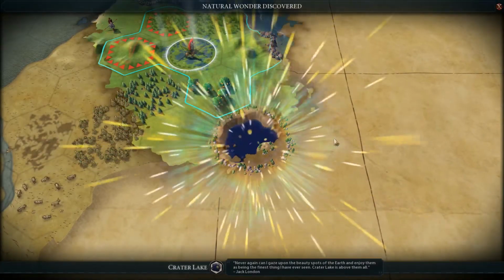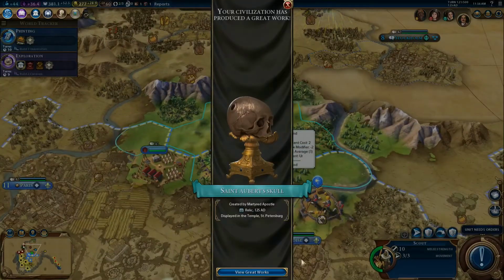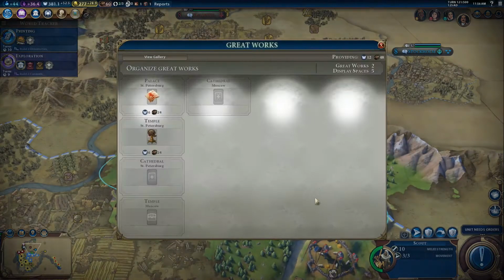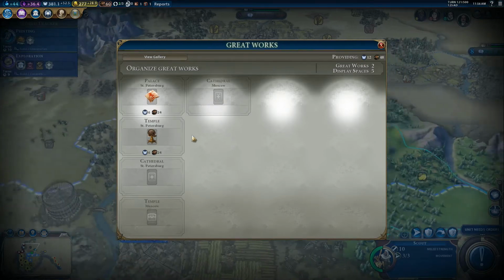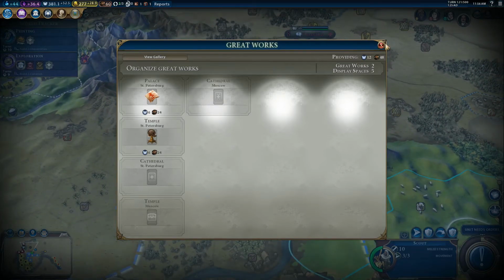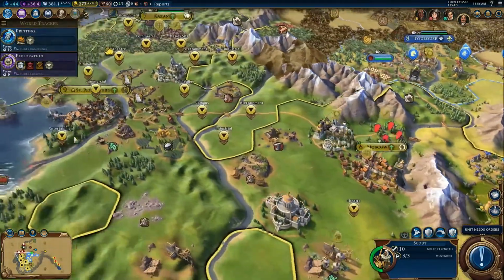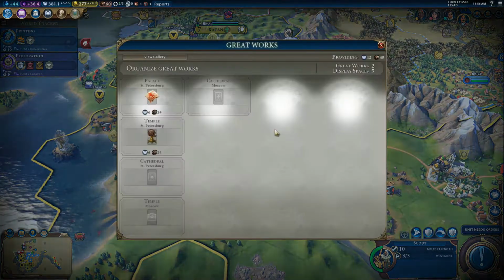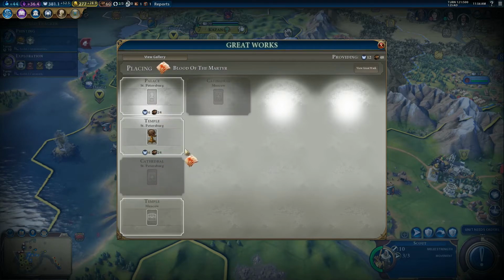Never again can I gaze upon the beauty spots of the earth. Another relic. Perfect. That doubles my tourism to like 60. Actually may want to move some of these around, because the palace in St. Petersburg can hold any type of artifact. Let's put this...